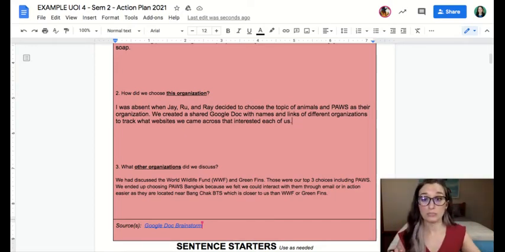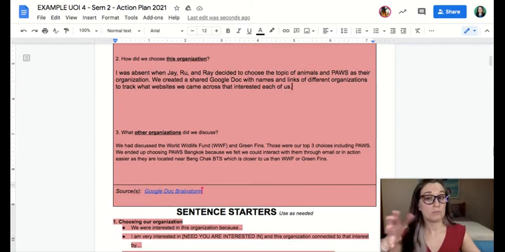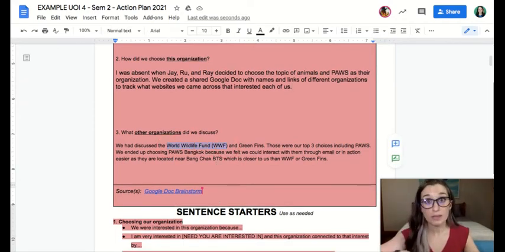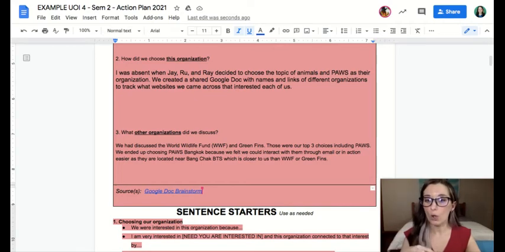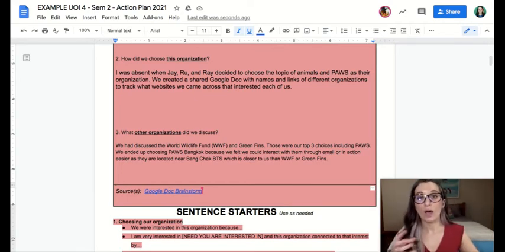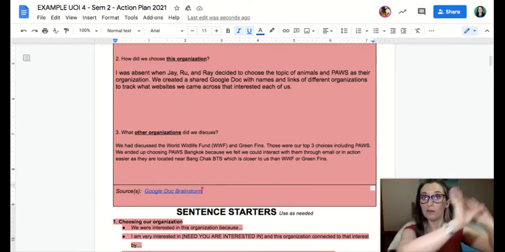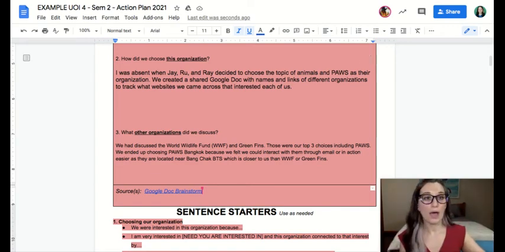And this is just explaining, again, that process. Now down here in sources, this is where I would include maybe the World Wildlife Foundation or WWF's website that we had looked at and brainstormed over, or the Green Fins website that, again, we had looked at and brainstormed over. And I would include them here because these are sources of what I've processed. I could also include the Google Doc brainstorm, and I'm going to show you how to hyperlink or paste the link. So if I have my document open in another tab, I can go to it and I'll click the